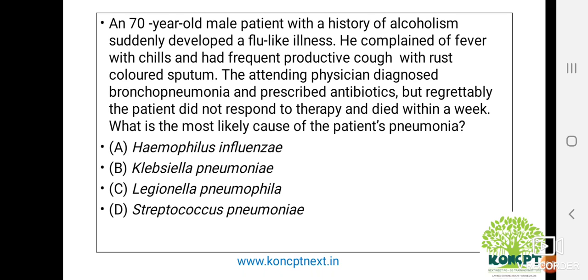So let's go to our step 1. This is fever with chills, productive cough, rust-colored sputum. It's a case of pneumonia. Pneumonia with rust-colored or blood-tinged sputum is more likely to be Streptococcus pneumoniae. If you have a similar question of alcoholic